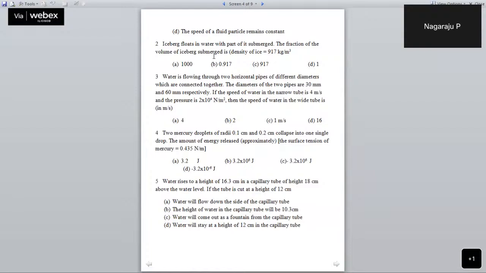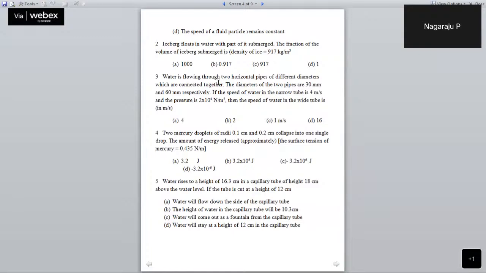So 0.917, the part B is correct. And coming to the third question, it appears to be, not I should say tough, but of course it is quite lengthy. You cannot expect that all the time you will have only one or two line questions. It may run for some 3-4 lines. It doesn't mean that when the question runs for 2 to 3 lines, the question will be complicated. The question may be simple, but the sentences may be long.